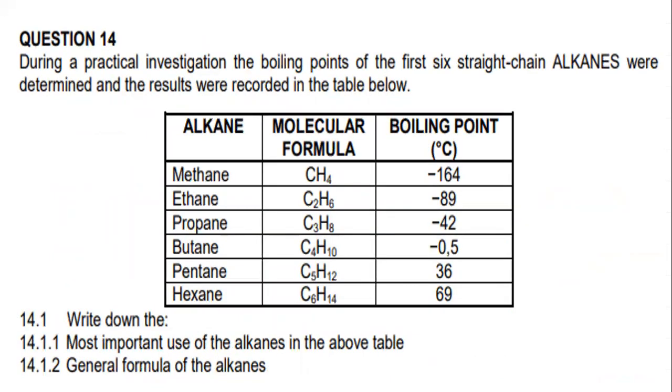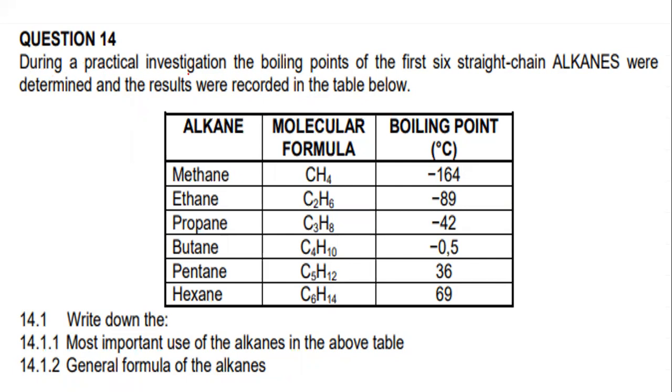So here we are given a question. It reads as follows. During a practical investigation, the boiling points of the first 6 straight chain alkanes were determined, and the results were recorded in the table below. Now, I can tell you, my dear learners, from just reading that once, there isn't much that I have grasped. So you go back and you read it, or you interpret it. So what we can establish here,